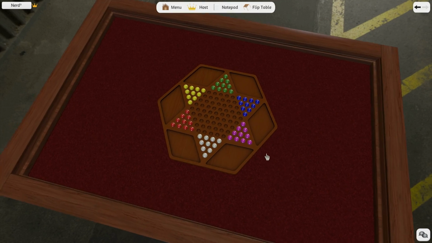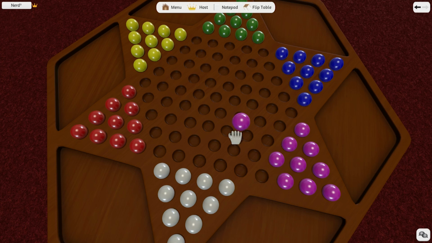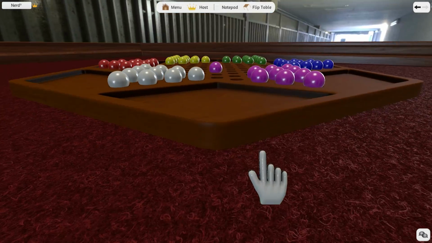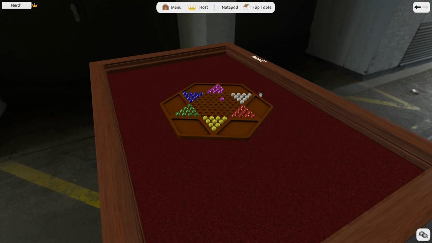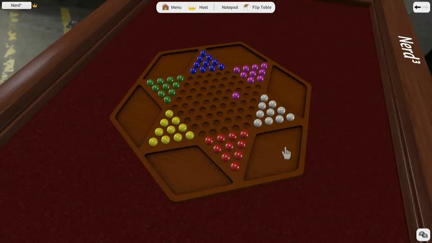There's Chinese checkers for us, so we can go. Oh, that goes there. I don't know how to play Chinese checkers, but that fit in there nicely, so I guess I win. It sort of has that look of a very early game at the moment,